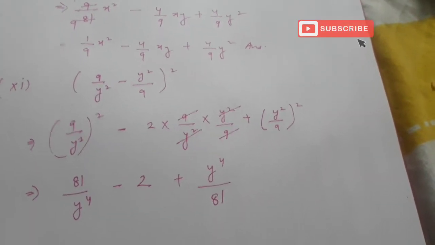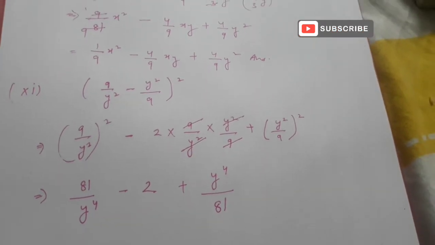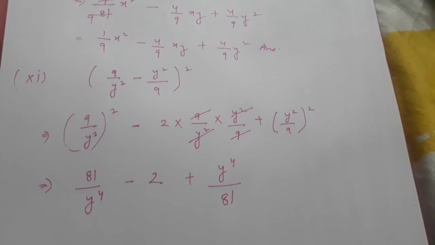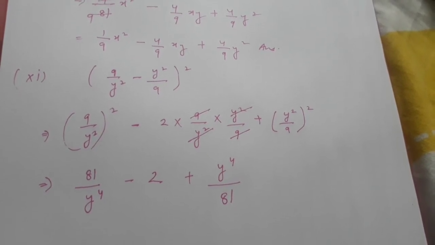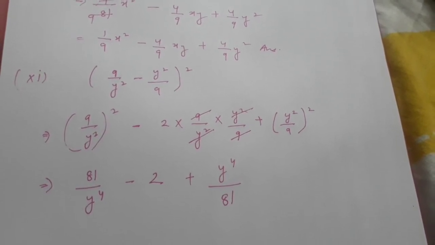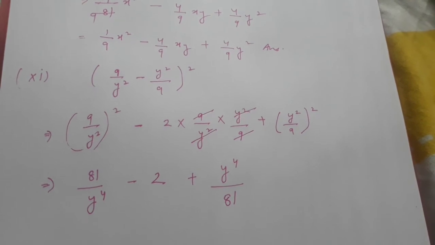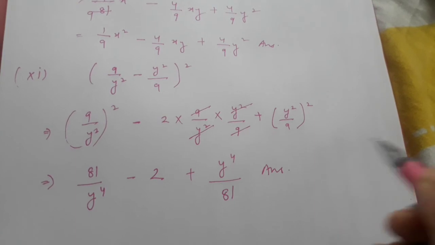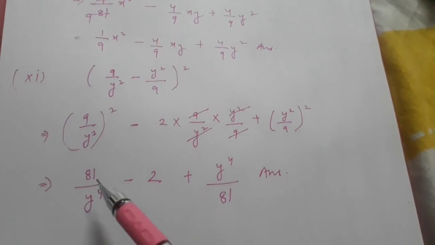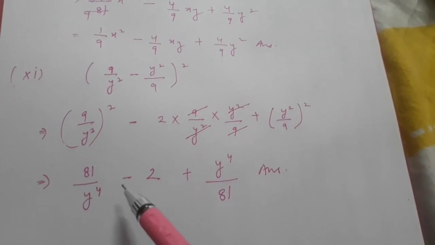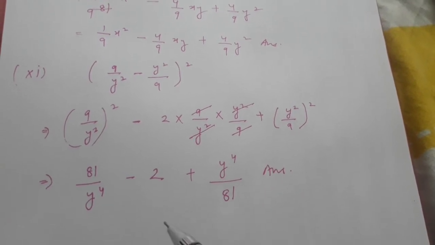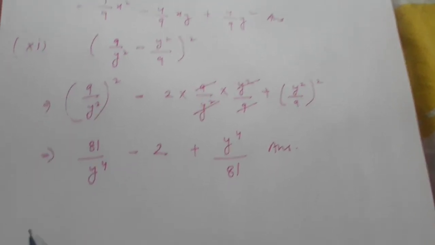So our answer of the 11th part of question number 3 is 81/y⁴ − 2 + y⁴/81. So let's move to the 12th part,